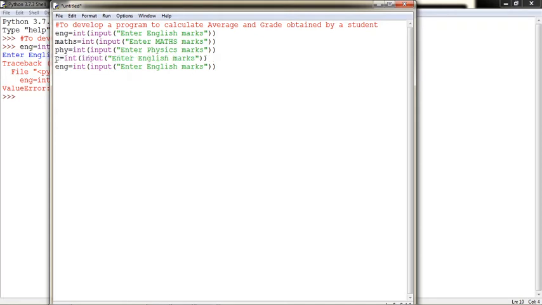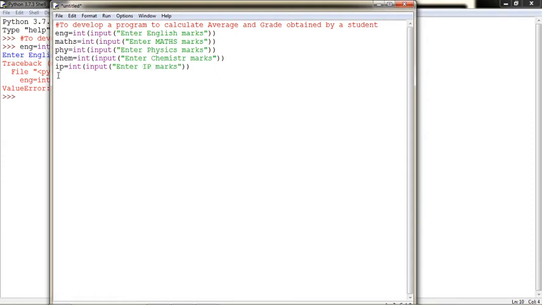Chemistry, CHEM suppose, and here again change the subject name to chemistry. And this is the last subject, say it is IP subject.